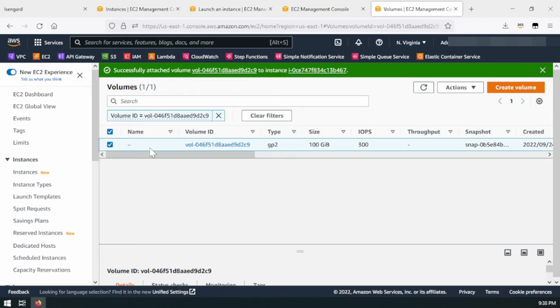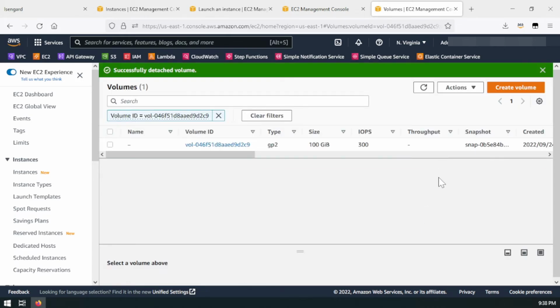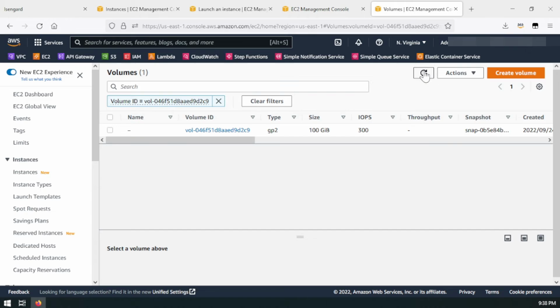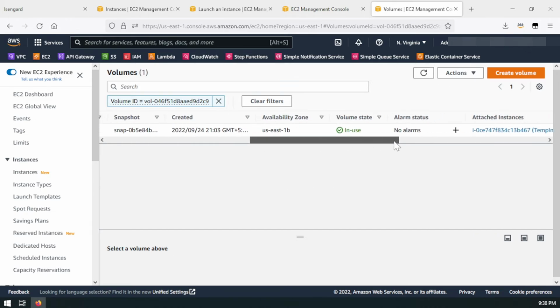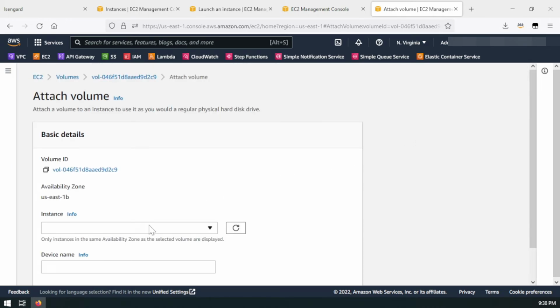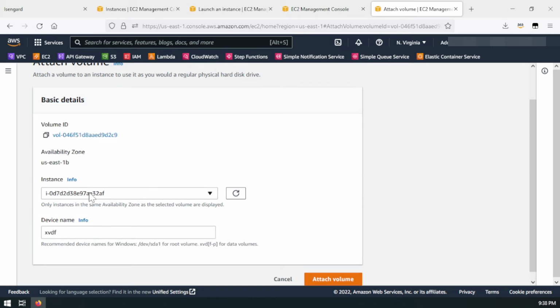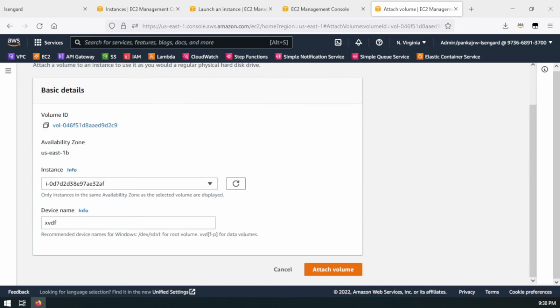and this is that our instance which we attached, right? So we'll select the same process, detach volume, detach. The volume detached successfully. Now if it's still showing in use, just wait for a couple of seconds. Yeah, now it is available. You can attach. This time you can select your Windows server 2008, and here the device name, and then attach,